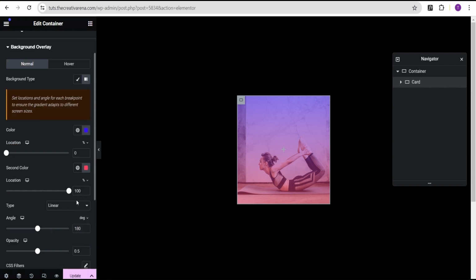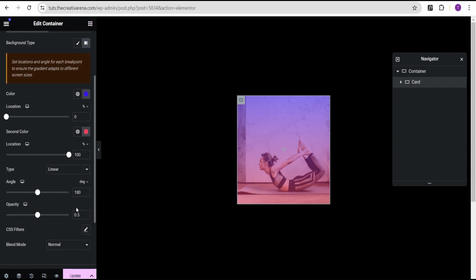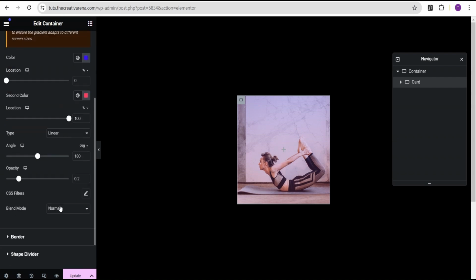Okay, and then we're going to leave other settings the way they are, like the location, leave it at 100%, type, leave it at linear. And now for the angle, we're going to leave it the same angle. Now for the opacity, we're going to reduce the opacity and set it to 0.2. Okay. All right, so now that we've done this, the next thing we're going to do,